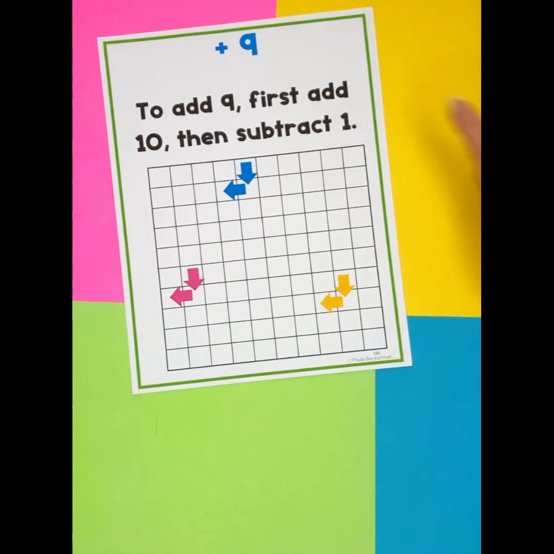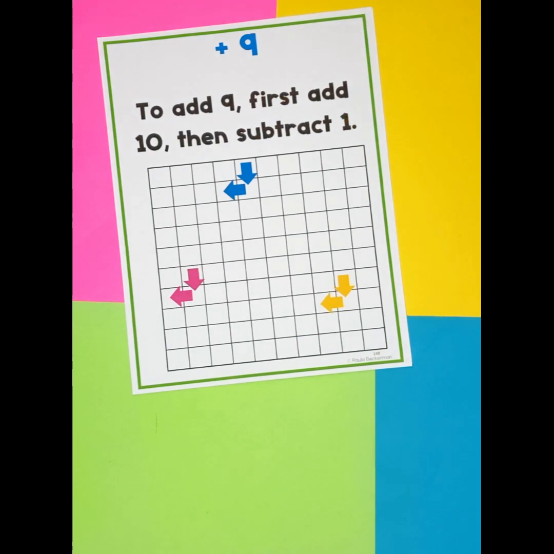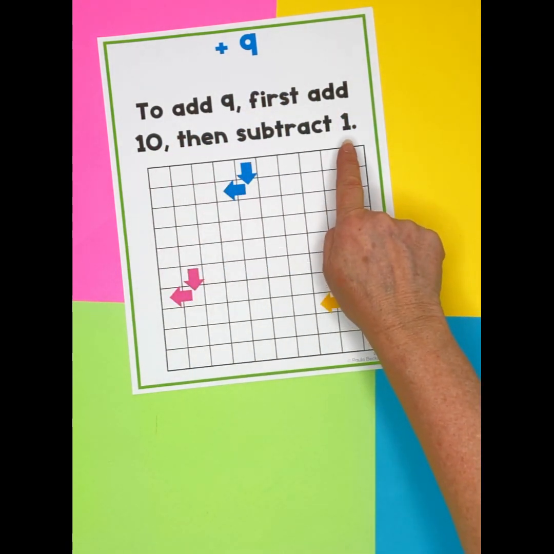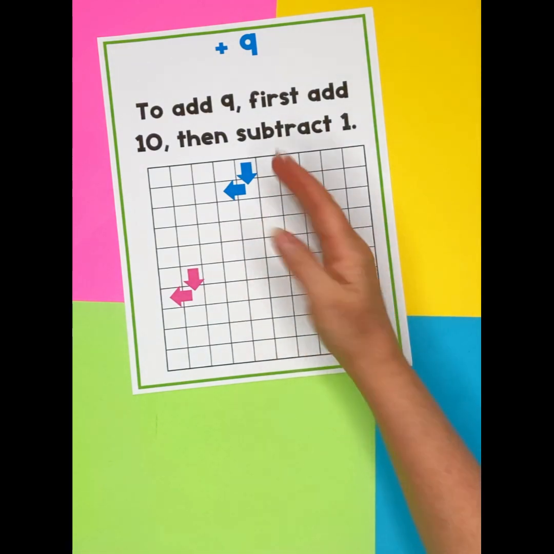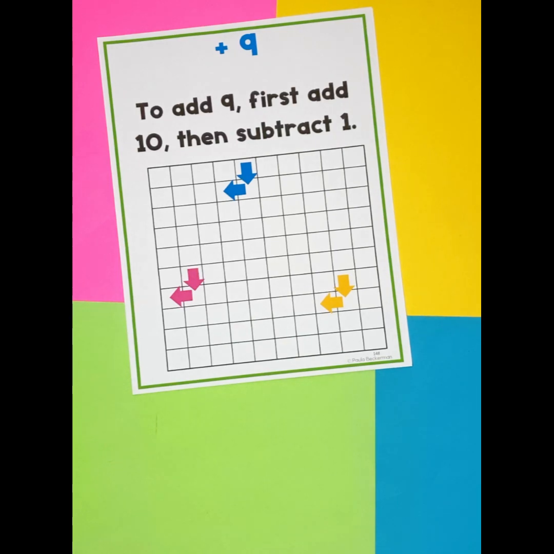Today I want to talk about the adding 9 strategy. But adding 9 is actually a two-step strategy. We need to first add 10 and then subtract 1. So before I introduce the adding 9 strategy, I'm going to go ahead and review the adding 10 strategy that